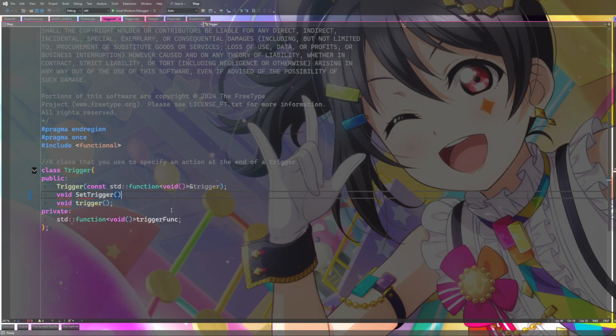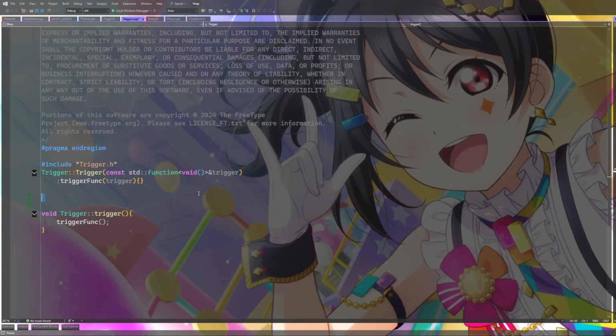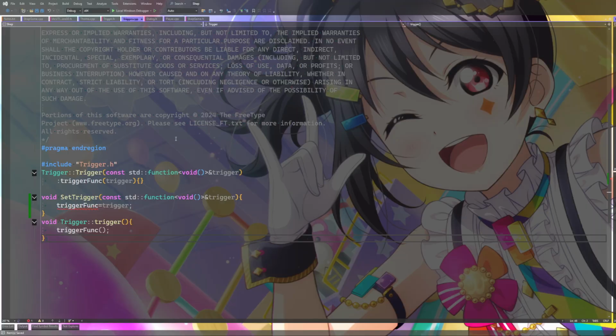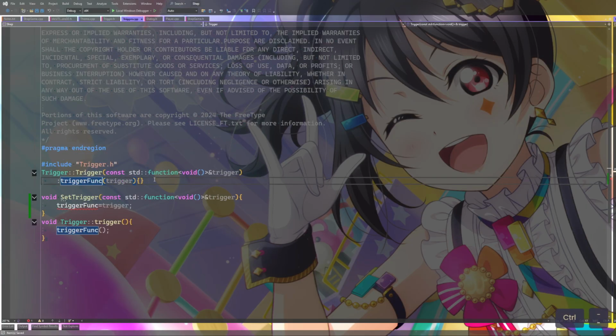Set trigger. So if I just do this, then that'd be fine. I feel like what I was doing was not correct, like it wasn't proper C++ or something. It just doesn't feel like it's working. It's definitely not doing what I want. That's const right now, isn't it? No?